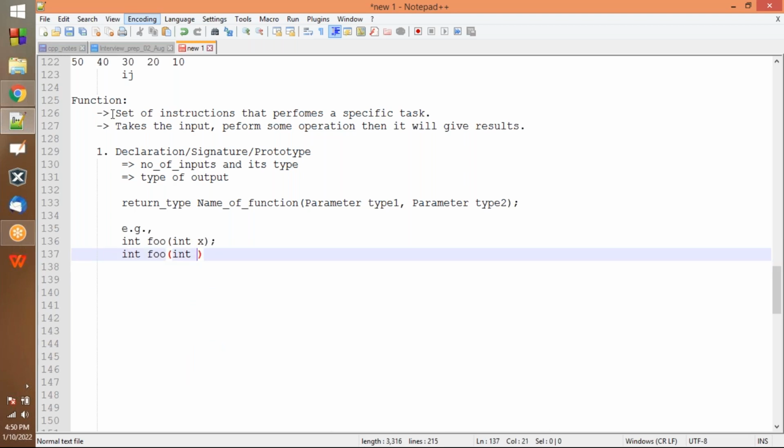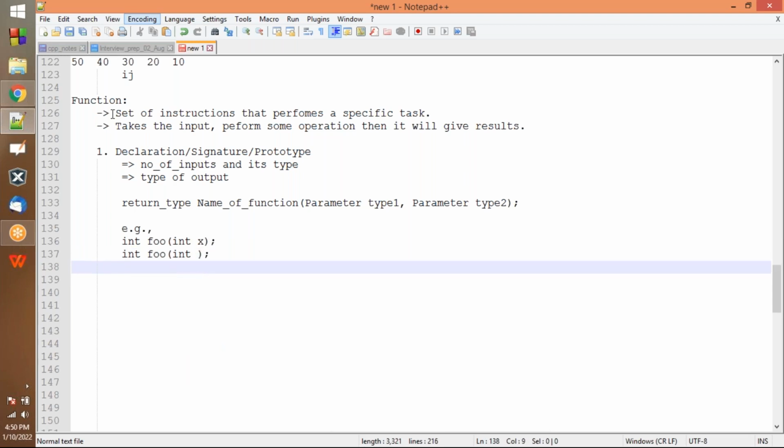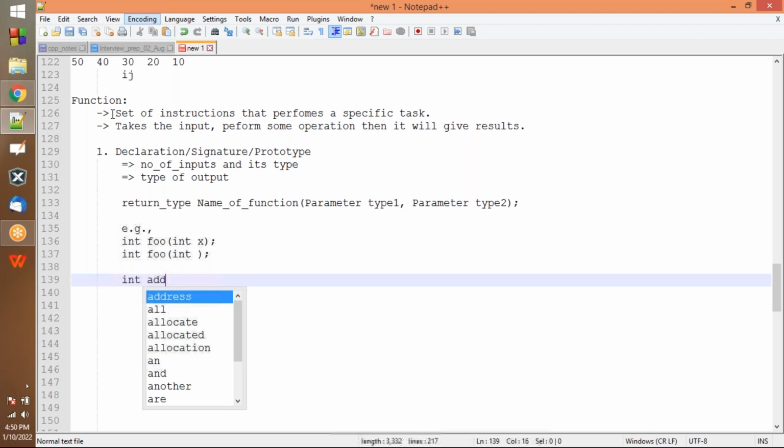Writing the variable name in the function declaration is up to the programmer. If you want, you can write it, else you can leave it out. Like this you can do: int add(int x, int y);